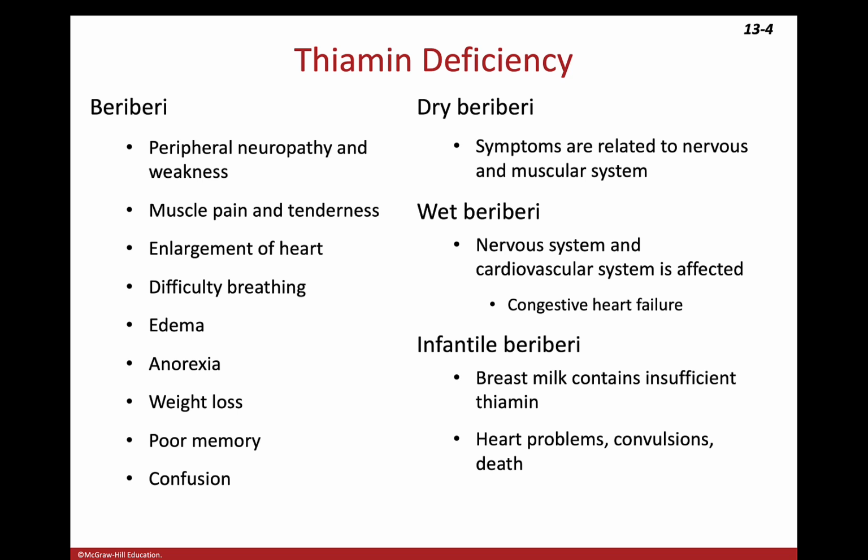There are different types of beriberi. Dry beriberi has symptoms that are related to nervous and muscular function. Wet beriberi affects the nervous system and cardiovascular system, and one of the things could be potentially congestive heart failure. Infantile beriberi: breast milk contains an insufficient amount of thiamine, and this could potentially result in heart problems, convulsions, and